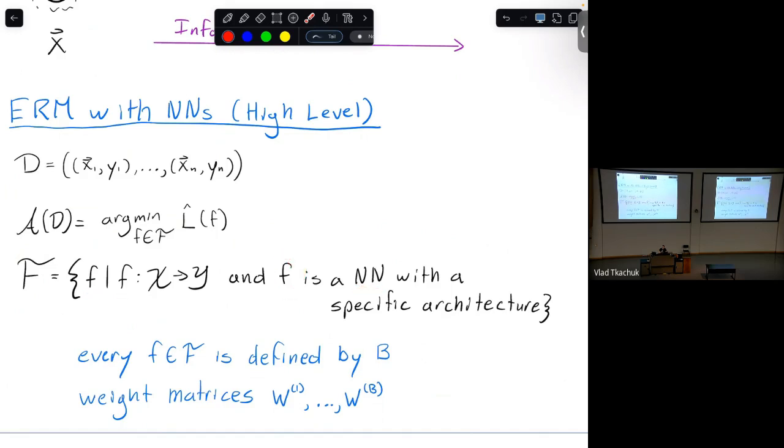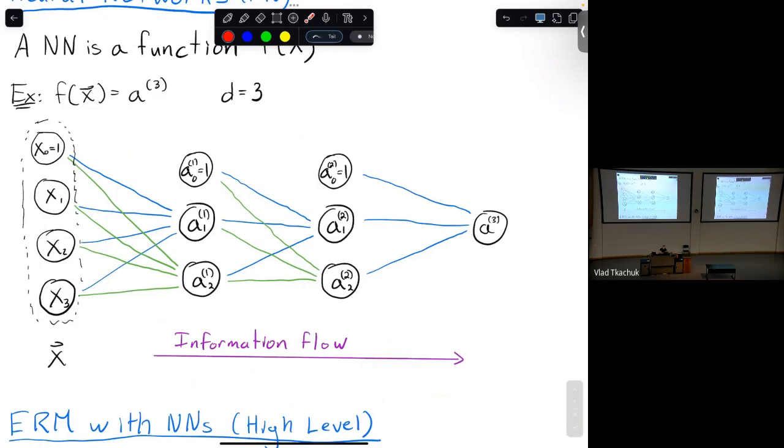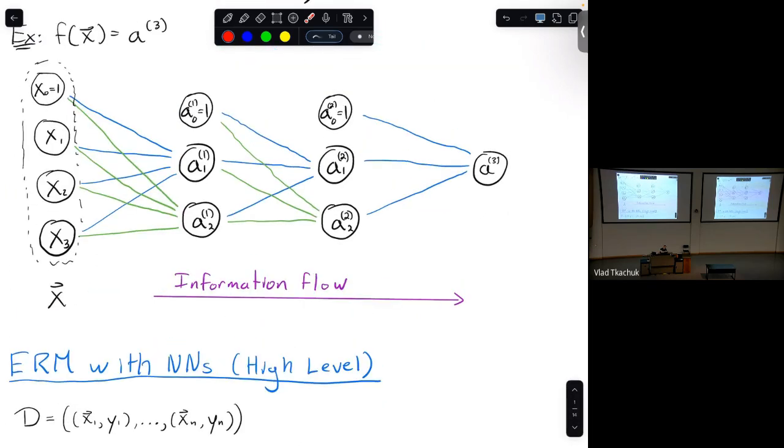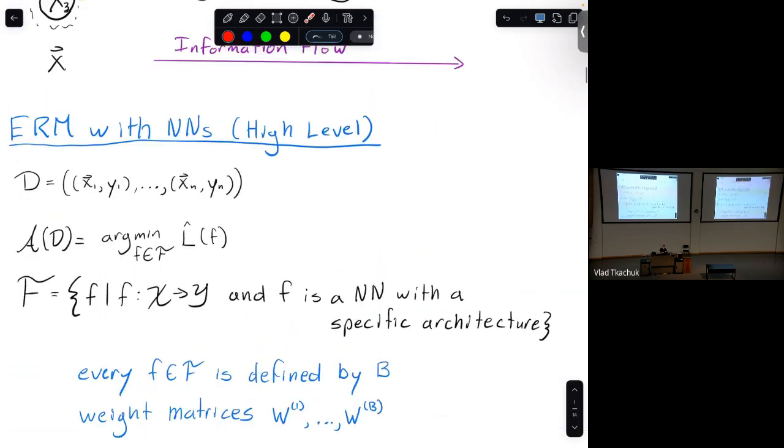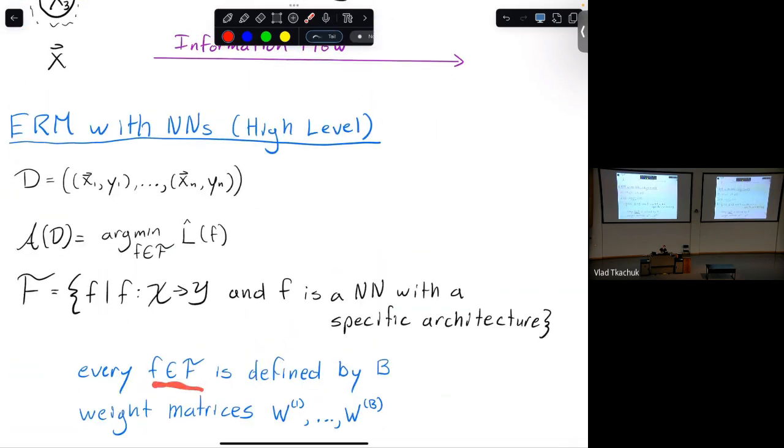And here there's going to be some jargon, which we'll talk about later, which is neural networks with some specific architecture. And all that means visually is that you decide on how many of what are called layers there are until the output, and how big these things are, like how many nodes I put here, and so on. This is called the architecture. And once you fix that, all that is left, we'll see, is to define these edges. And these edges are going to turn out to be exactly like these weight parameters we've talked about before. So once you define this architecture, what you're left with is a function class where every single function in the function class can be defined by a set of weight vectors, just like we've seen before,